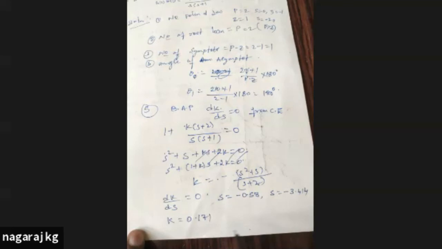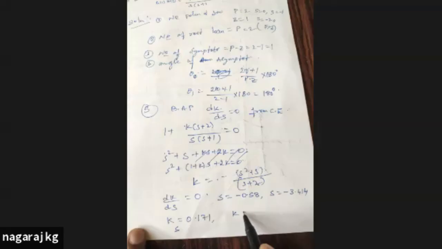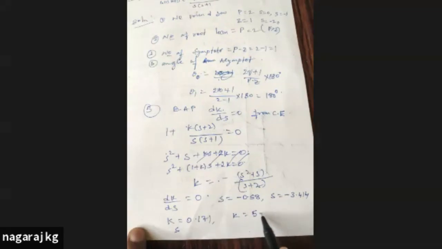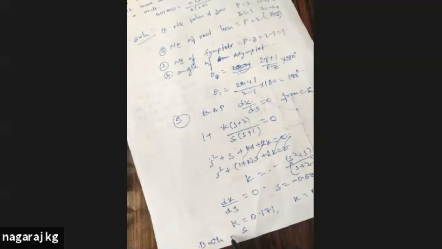It's positive, right? Yes, sir. Then it is a breakaway point. Next one, for minus 3.414, k is 5.828. So both s values are valid